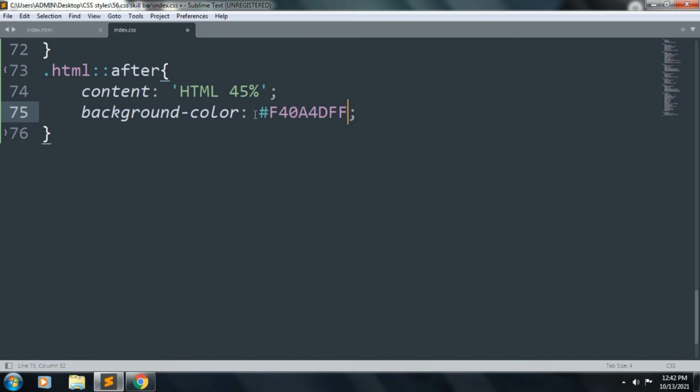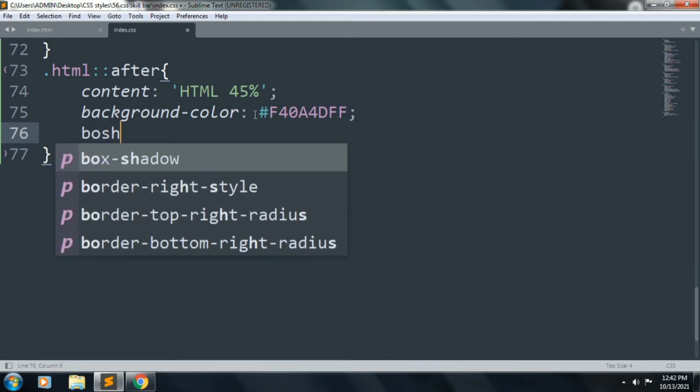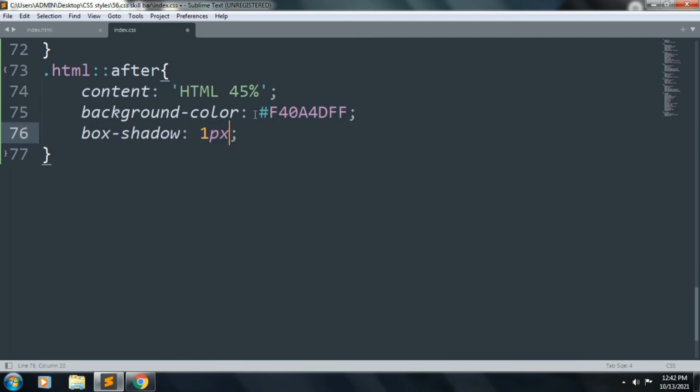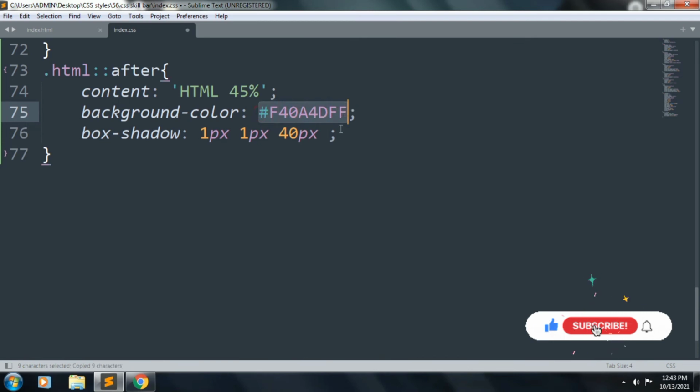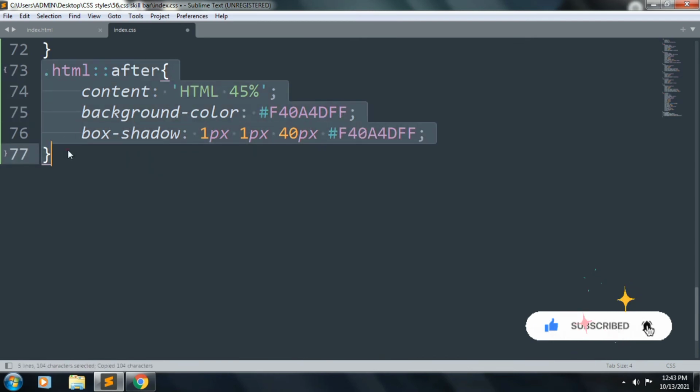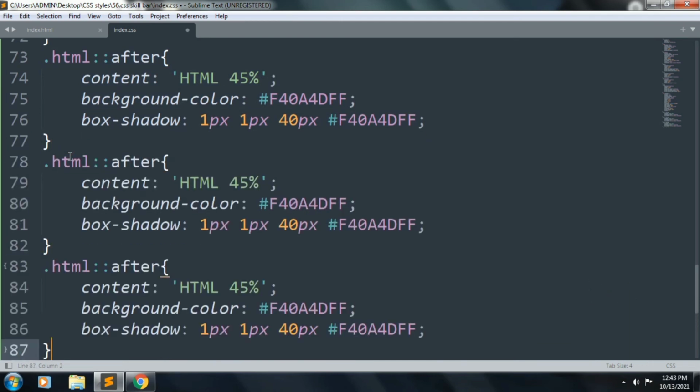Next, we want add box shadow that will be 1 pixel, 1 pixel, 40 pixel and copy this background color and paste it. Let's copy this and paste it 3 times.